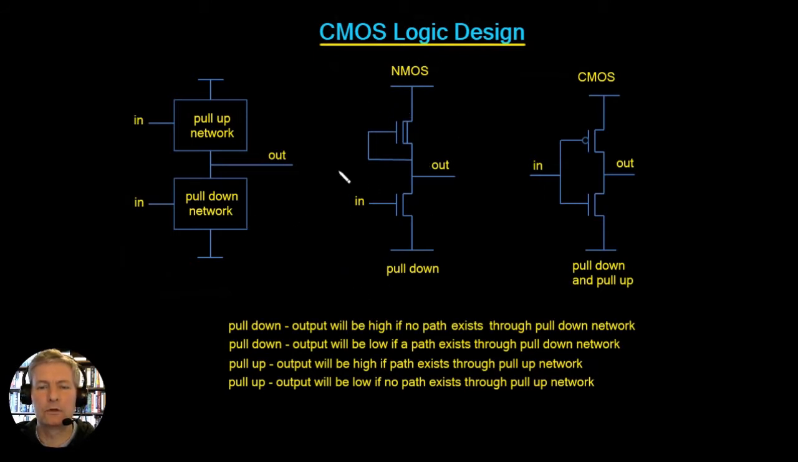Now in the NMOS logic, the NMOS was a pull down logic, and we've got the diagram here. In this NMOS logic, we're pulling the output low down through this network here, and we have this depletion load device as the pull up network. But in CMOS logic, we've got both pull down networks and pull up networks. The pull down network is given by the NMOS device, and the pull up network is given by the PMOS